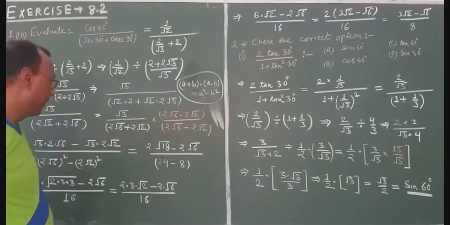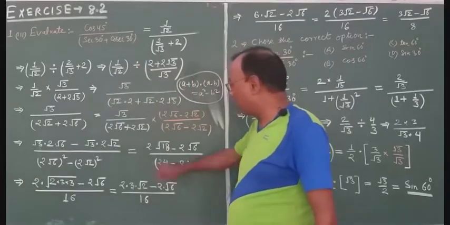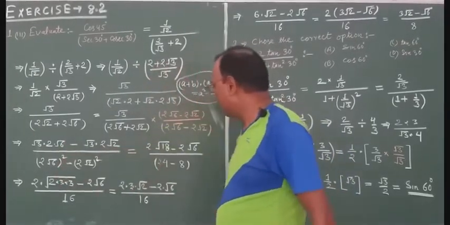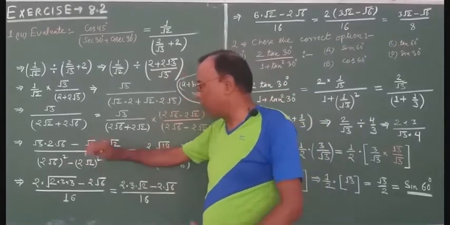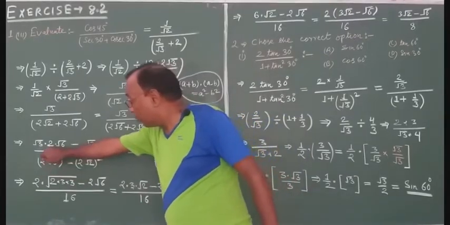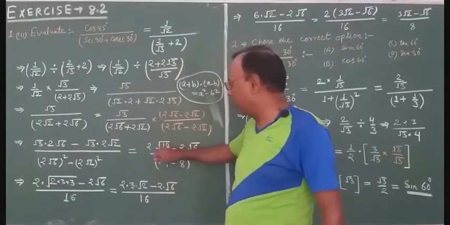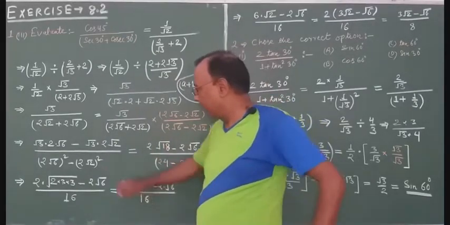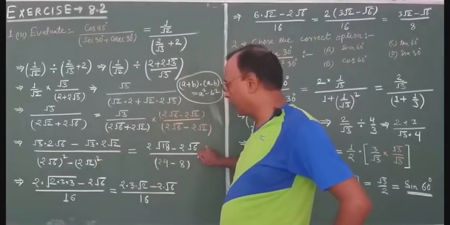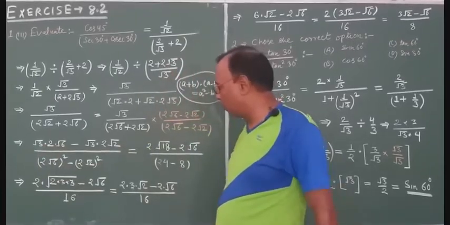So this will become a, which means 2 under root 6, whole square, minus 2 under root 2 whole square. Is it okay? Now just multiply them. 2 under root 3 into under root 6 is 2 under root 18, minus 2 under root 3 into under root 2 is under root 6, and here 2 under root 6 square minus 2 under root 2 square.